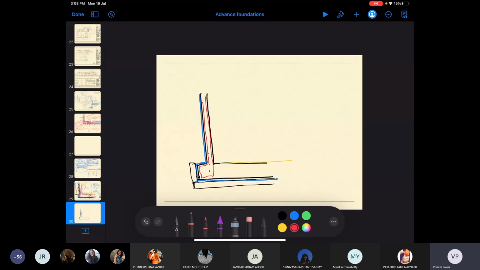So this reinforcement has gone like this, and this reinforcement has gone like this. Now the question is, this height is say 2.4, above which I'm going to have this beam, but that is cast separately.